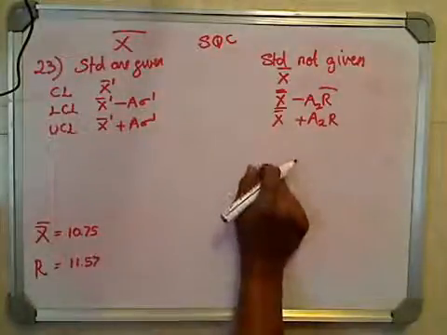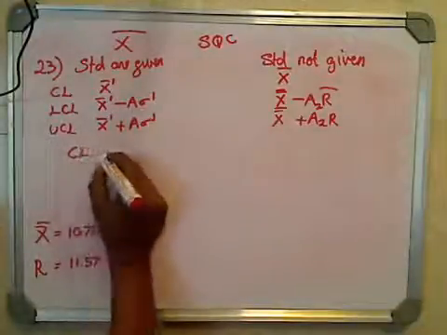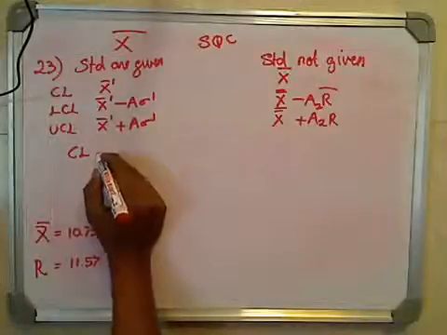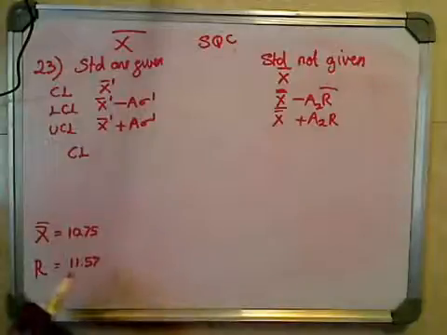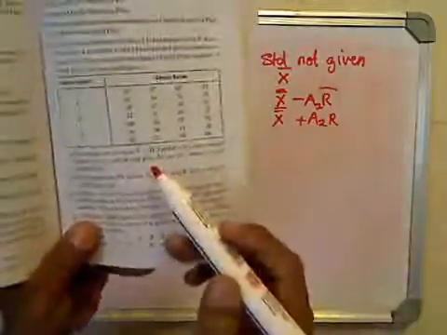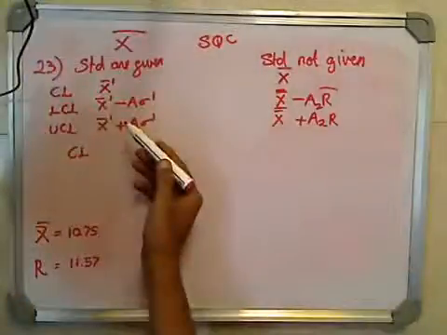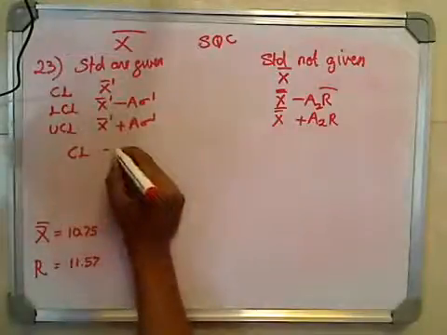So now let's go about calculating these values. Firstly, the control limit, CL, is a very easy value to find. In fact, CL is already given in the problem. If you remember, in the problem here, you have 11.3, which is mentioned in the problem itself. 11.3 in fact matches this. Okay, so CL happens to be